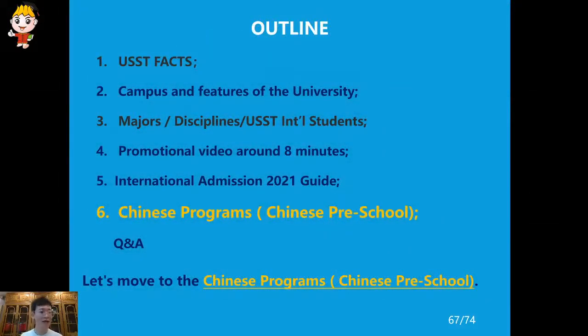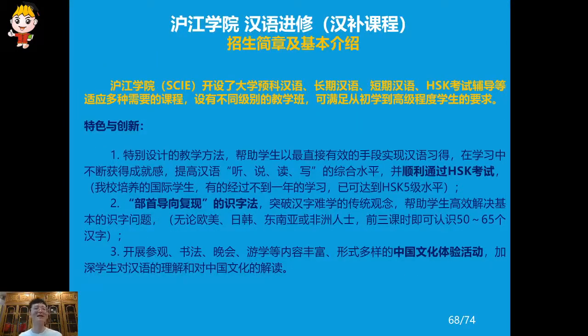Okay, for the next part, that is the last part of the Chinese program, or we call it the Chinese preschool from the Hojiang College. We call it SCIE. The Hojiang College is the responsible department for the daily management of international students and the leading role of the Chinese learning preschool on the campus.